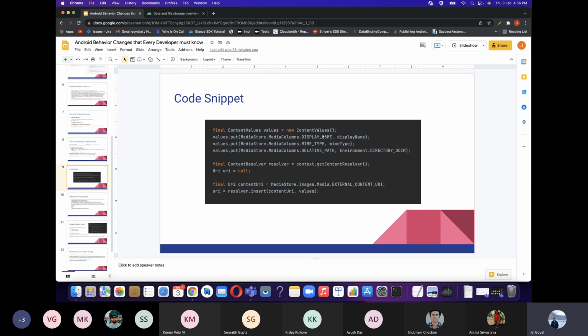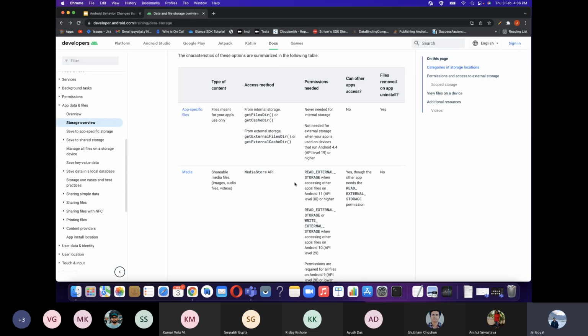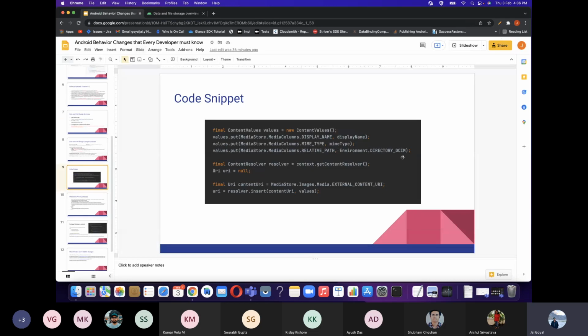So I'll give the name, the MIME path, the image MIME path, and the relative path. Relative path is nothing but the parent or root path, you can say. Or if you want to put it into some other folder like DCIM slash something, then you can do that here. And after that, right now this content URI is pointing